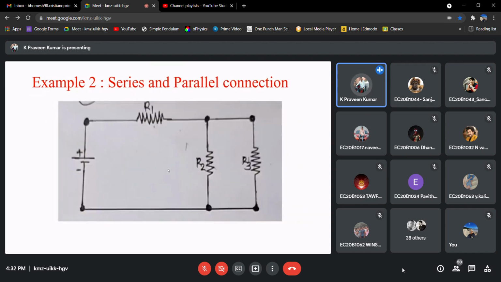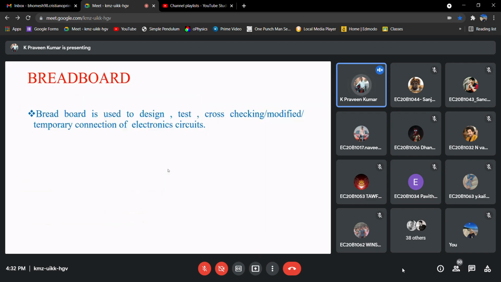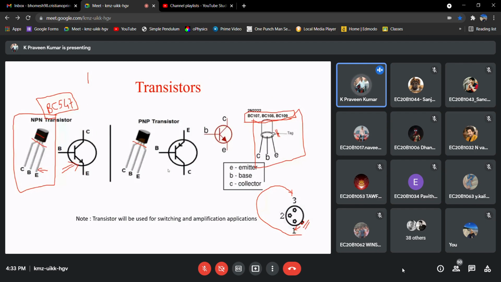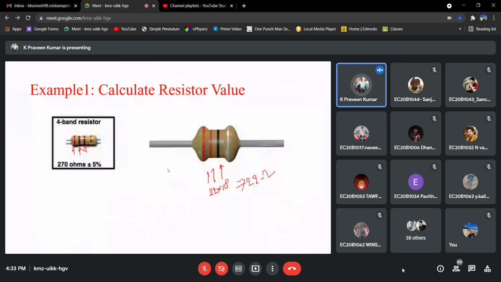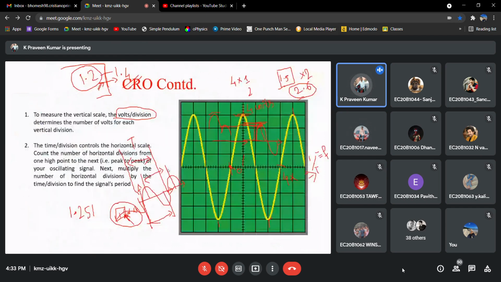Actually, all these stuff, what is the breadboard and how you have to give connections, this is nothing new to you. But what I want to share are the basic things that we have to know. So that I have shared with you, especially regarding this point: how to use the CRO. This is the very basic thing, and how to use the function generator. So these 2 are the basic things, right?